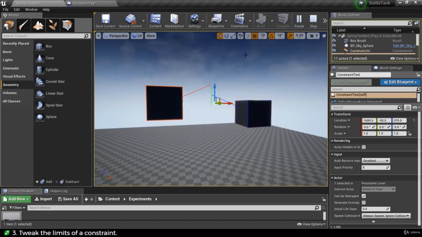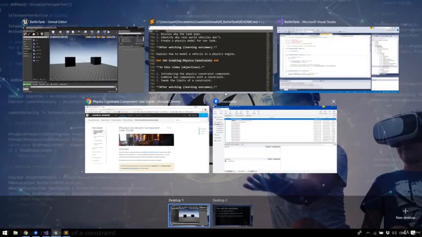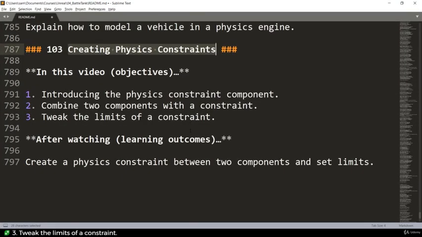Cool stuff. So let's briefly recap what you have learnt this lecture. After this lecture, I'm fairly confident you should be able to create your own physics constraints between two components, set them up that way, figure out which needs to simulate physics and so on in order to get something interesting happening. And you can play around with setting angular limits and linear limits and constraining them in different ways